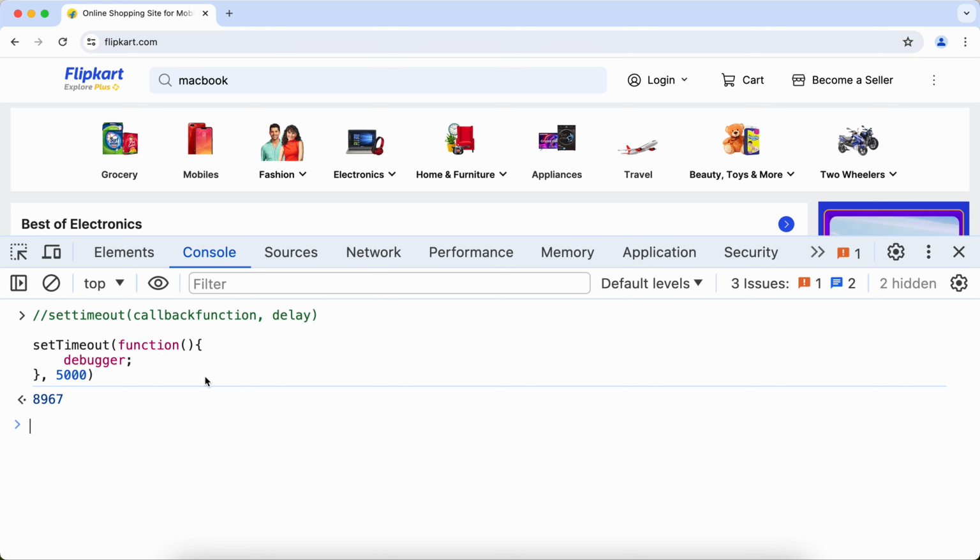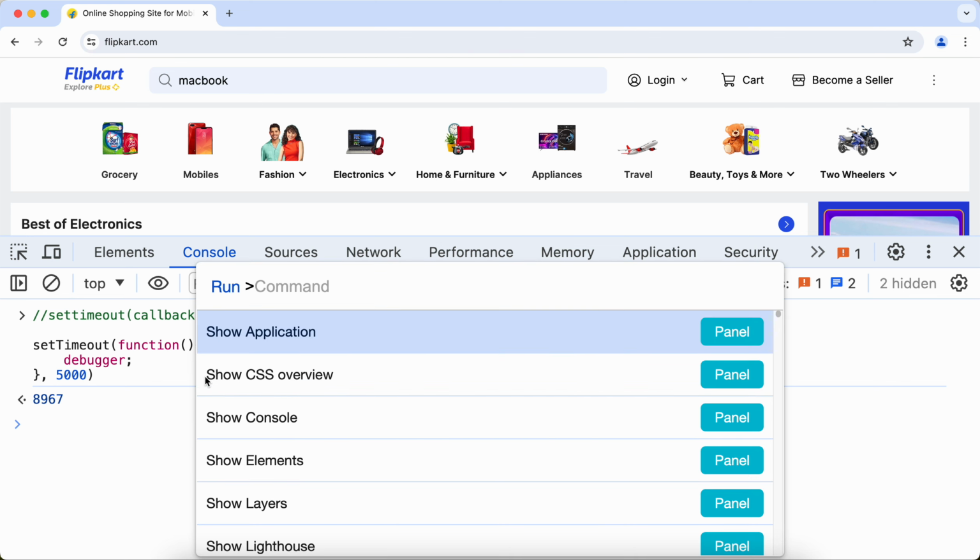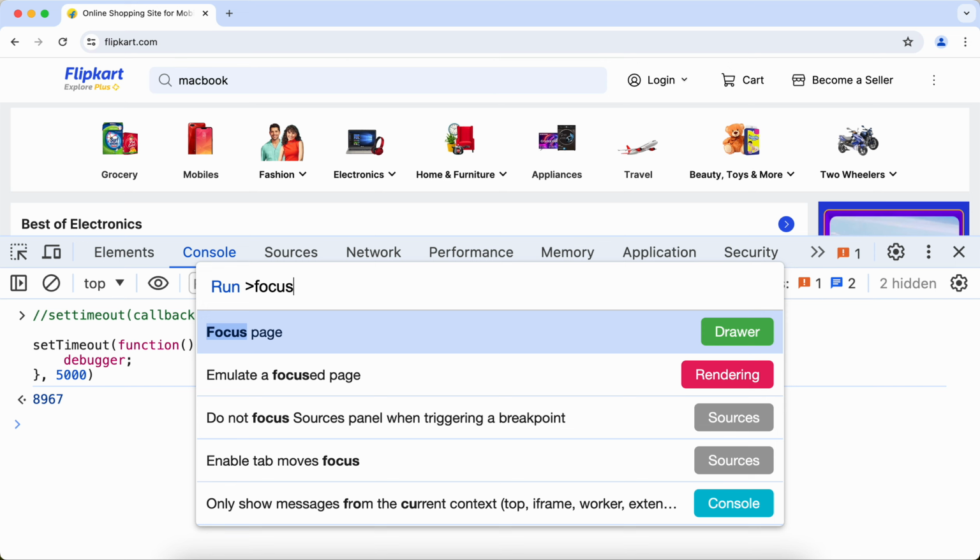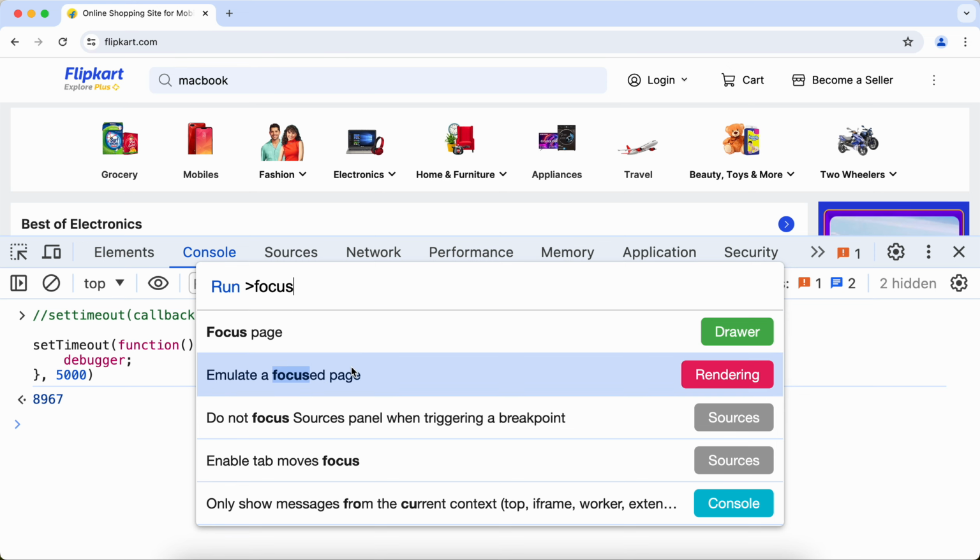Since I'm on Mac, I'll press Command-Shift and P. Alright, so this is like a command line or search bar for the Chrome DevTools, allowing you to quickly run commands or activate features without navigating through the menu options or remembering keyboard shortcuts. Let me type focus here. Okay, so you will see this particular option which says